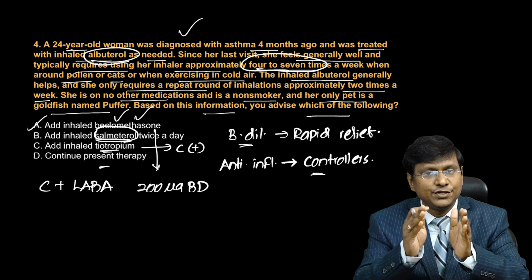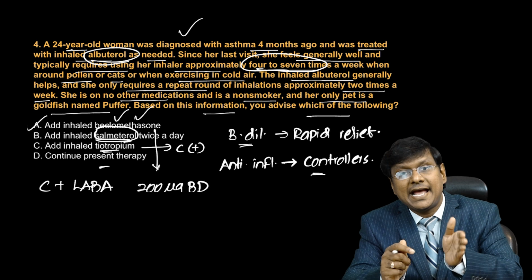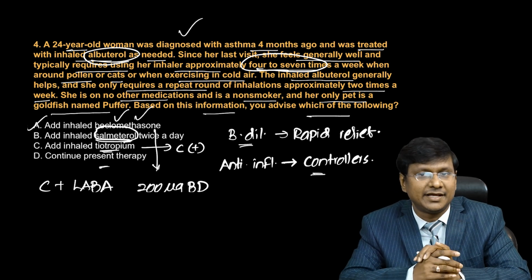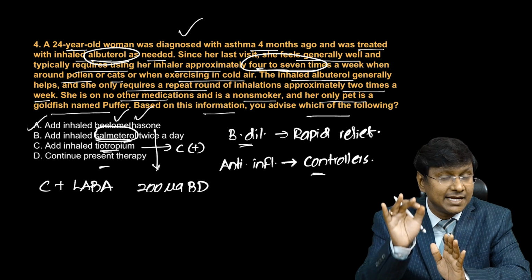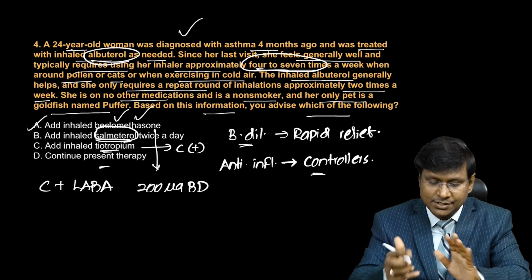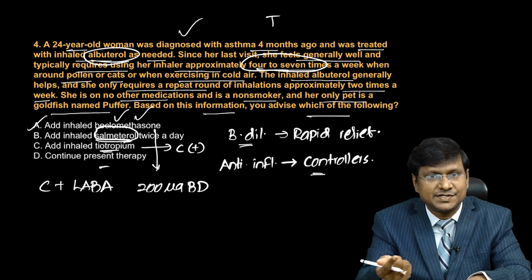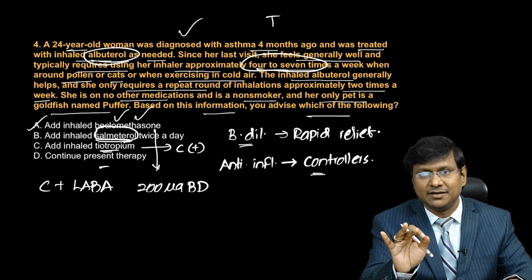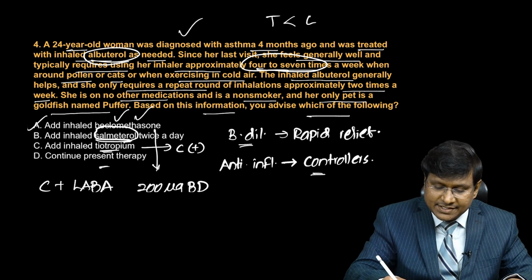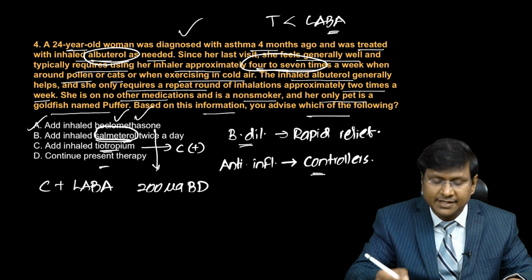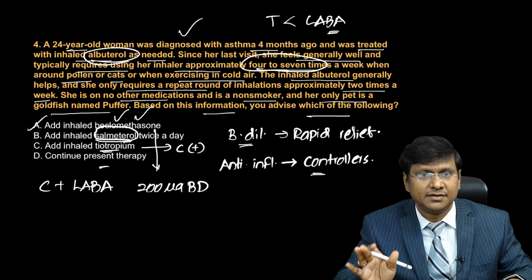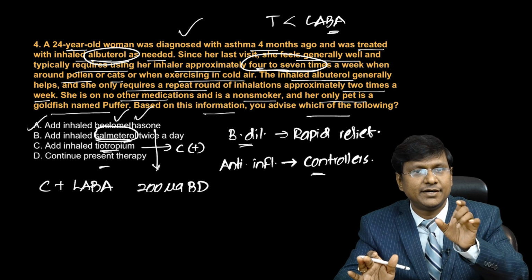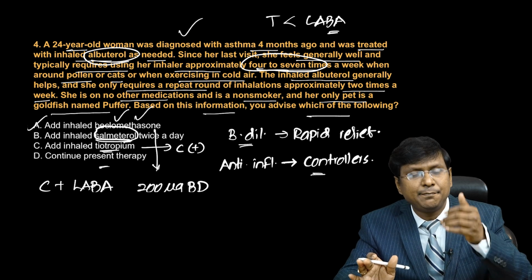Low doses of theophylline or an anti-leukotriene may also be considered as an add-on therapy. These are less effective than LABA. Theophylline is the phosphodiesterase inhibitor, and it is given only as an add-on therapy. Efficacy-wise, LABA has more efficacy than theophylline. And if asthma is not controlled despite the maximum recommended dose of the inhaled therapy, it is important to check